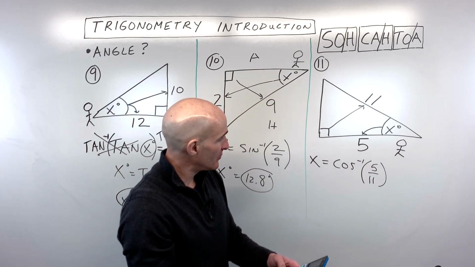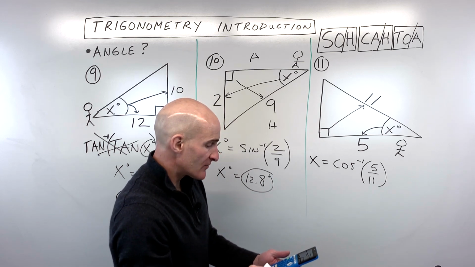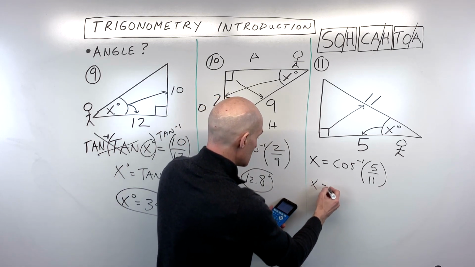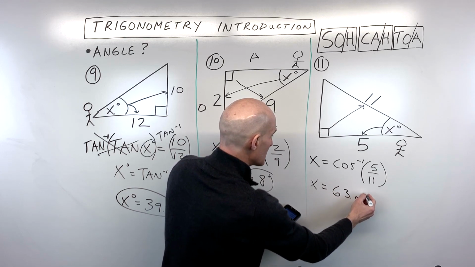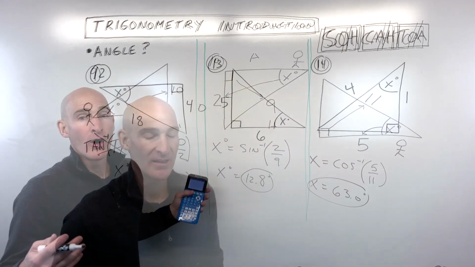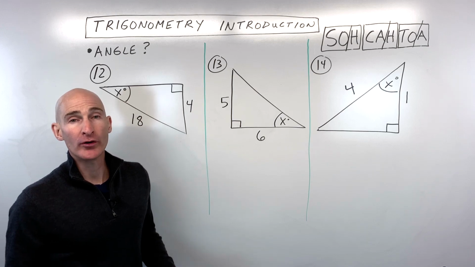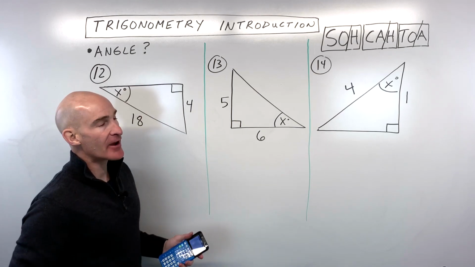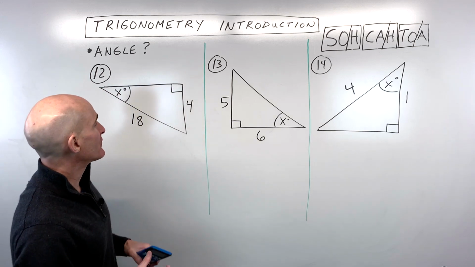And cosine inverse of 5 divided by 11, cosine inverse of 5/11, which comes out to 63.0 degrees if you round to the nearest tenth. So that's that angle right there. Okay, number 12, 13, and 14, see if you can do these problems on your own. Pause the video, draw these diagrams, write down your SOHCAHTOA acronym, and see if you can solve for these missing